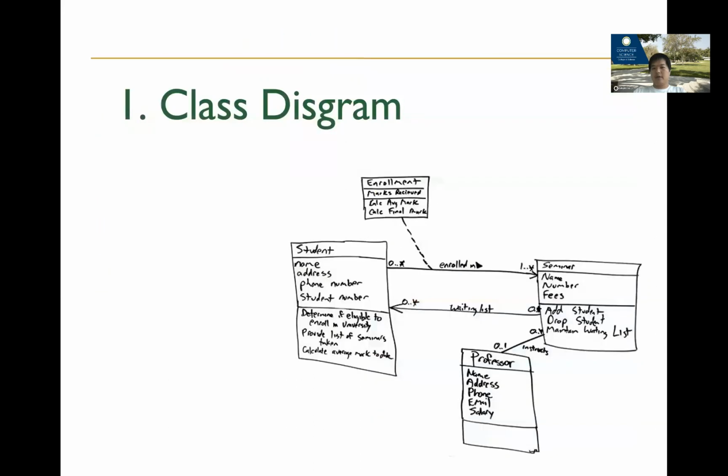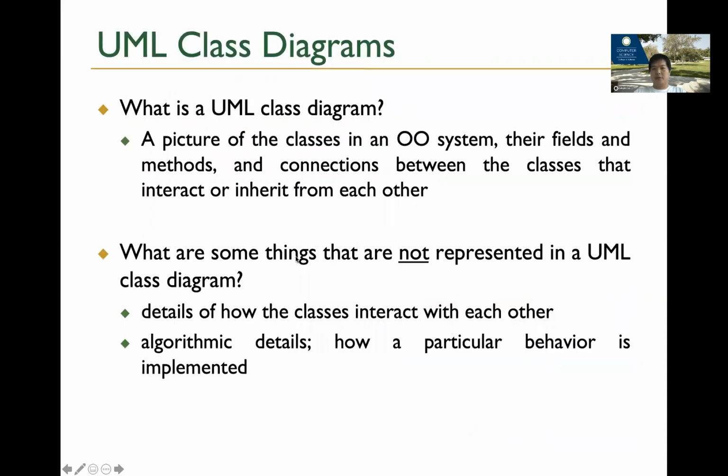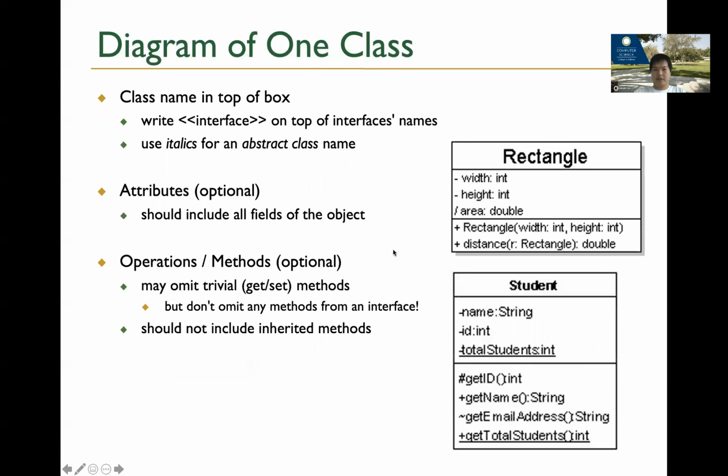The class diagram here is the very first one. I'll go through some of these things very quickly, and it's really not difficult. Basically, you try to specify all the class structure, because in object-oriented design, it's all about classes. In Java, everything is a class. In C++, you don't have to use a class, but in Java, everything needs to be in a class. That's why we want to represent this with a good structure. This is how we specify the class. As you already know, you have a box, type the name of the class, the attributes, some of the methods here, and then you can use some of these